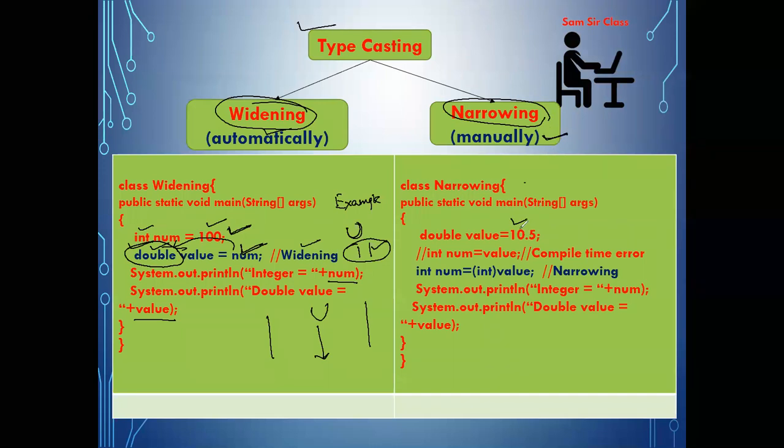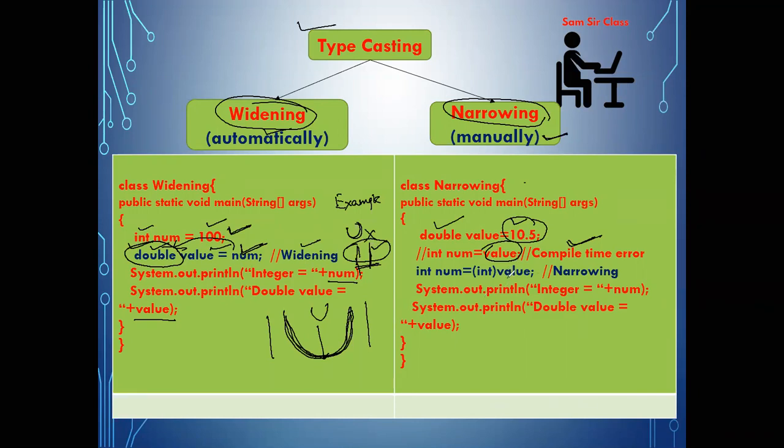You can see this particular example. The value is 10.5, of which type? Double type. I want to assign it to an integer. If I write like the previous concept, integer number equal to value, then a compile time error will be shown. Why? Because the size of value is more. Consider the example of the previous one. Suppose you fit through this particular larger door. If you want to go through the smaller door, you are not allowed, because the size of your body is much more than the size of the second door.